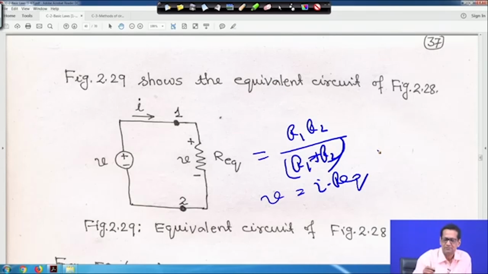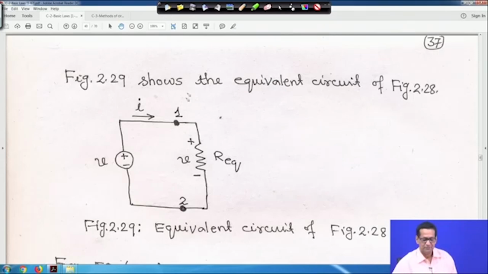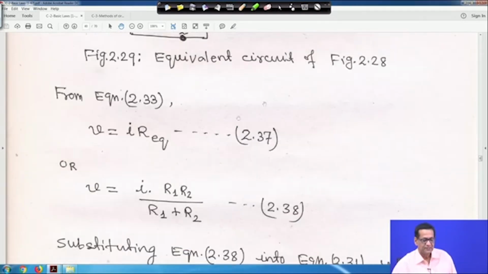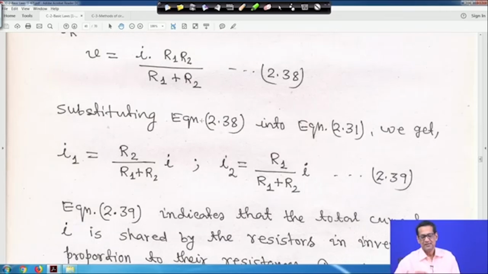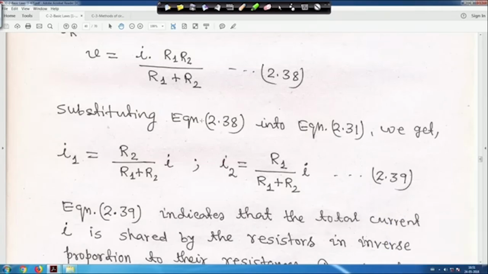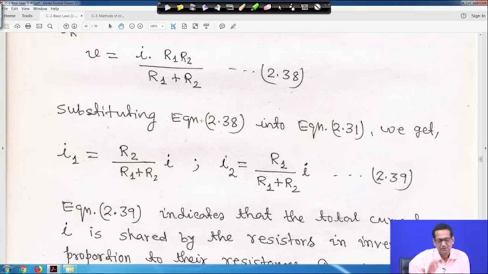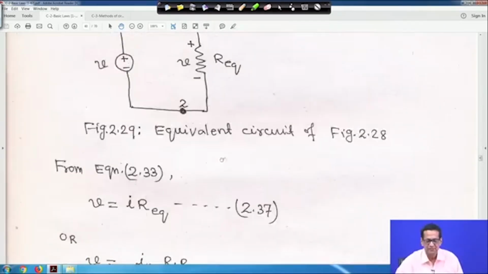So, things are understandable, right. So, that is what I told, V is equal to I into Req. Now, Req is equal to R1 R2 upon R1 plus R2. Because you substitute Req here, that is equation 38. Now, substitute equation 38 into equation 31, then you will get I1 is equal to R2 upon R1 plus R2 into I, because if you go to equation 31,